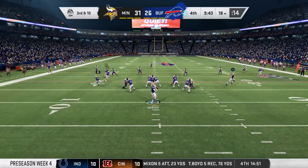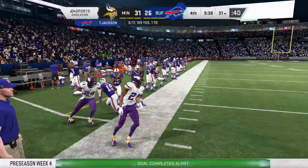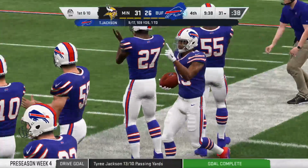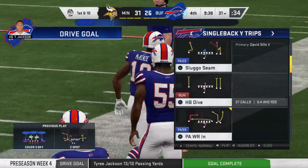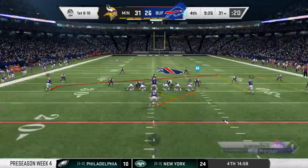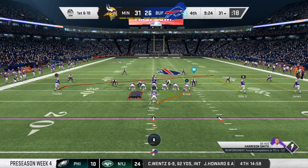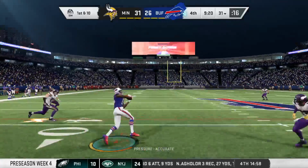The pressure drops off as they'll look to throw. And he'll have this past the 30 prior to going out of bounds. It's a gain of 13 and a Buffalo first down. Never make the mistake that the slot receivers, especially the little guys like we're watching here, are just quicker than fast. A lot of them combine quickness and speed,